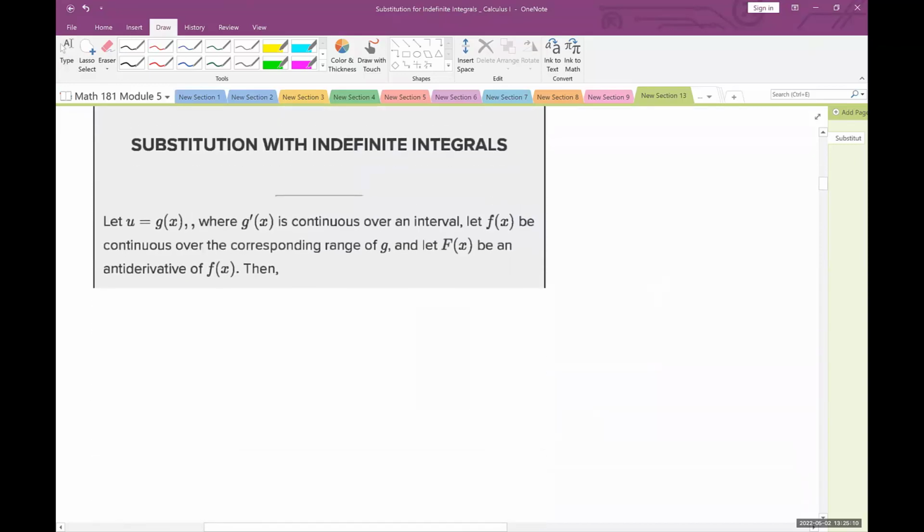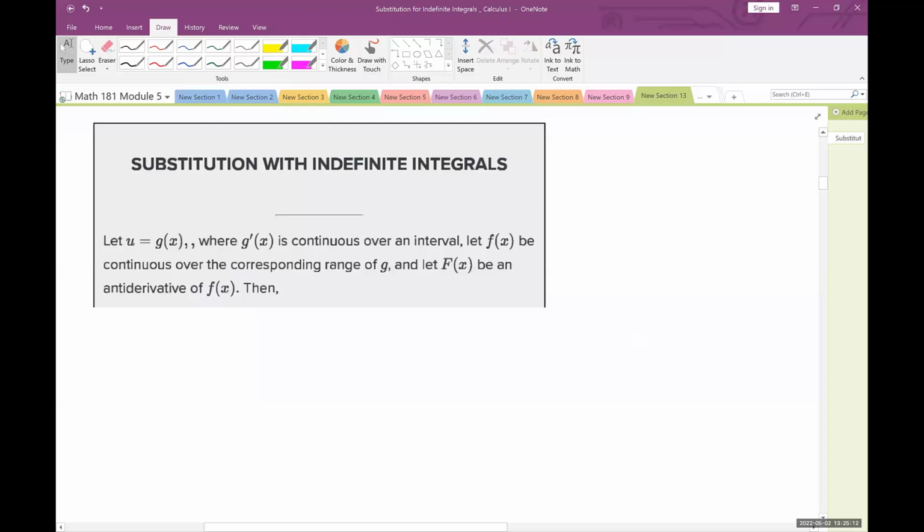So let u equal g of x, the common variable for substitutions. There's u and there's v and there's w. U is most common, then v. And if you take calculus 2 next semester, you'll get into integration by parts, and we'll use u and v. So let u equal g of x, where g prime of x is continuous over the interval. Let f of x be continuous over the corresponding range of g, and then let F of x be an antiderivative of f. Then, drum roll,